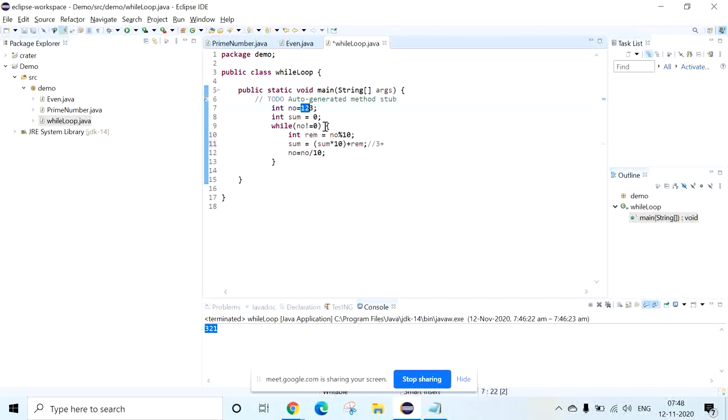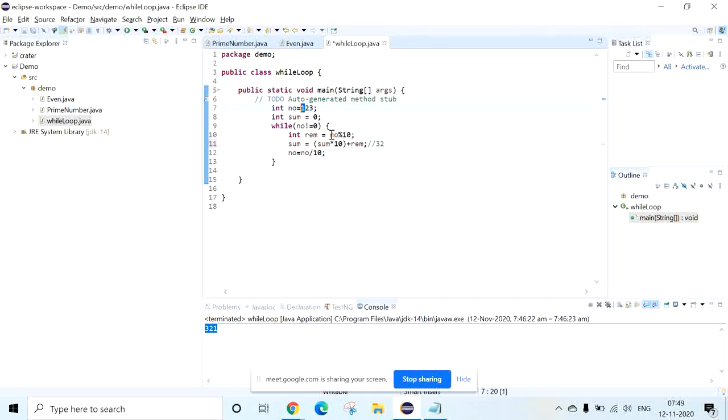When you come inside, 12 not equal to 0, the condition is true. Again 12 modulus 10, you get remainder 2. The sum is 3, so 3 into 10 is 30, 30 plus the remainder 2, so we get 32. Then number divided by 10 gives 1.